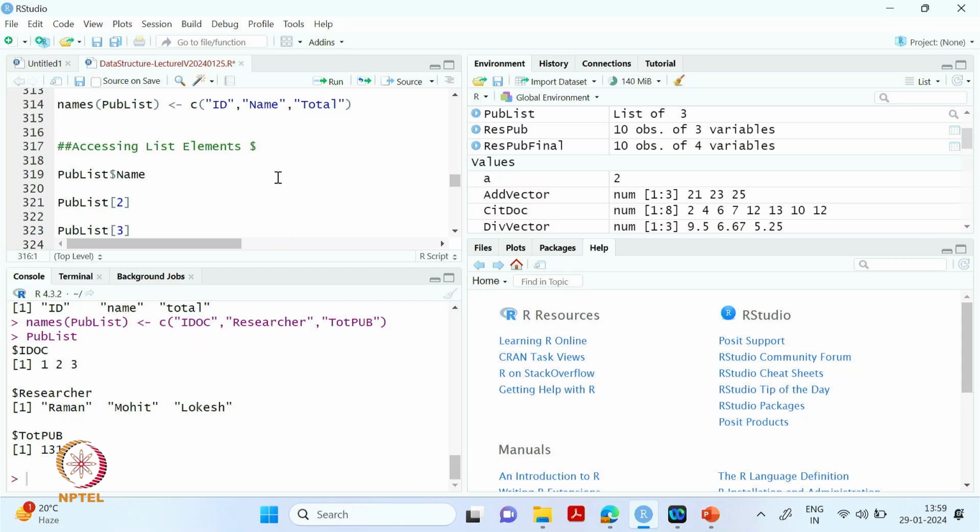After creating the list, you want to access the elements of that particular list. To access the element of a list, we have to use the same dollar symbol that we used in the data frame. So we'll see in R how we can use the dollar symbol to access the element and the particular value of that element. If I have to access only the name element, how will we do it? We will first call the name of that list, then we will use the dollar sign, then we will mention the element name. If I run it here like this,